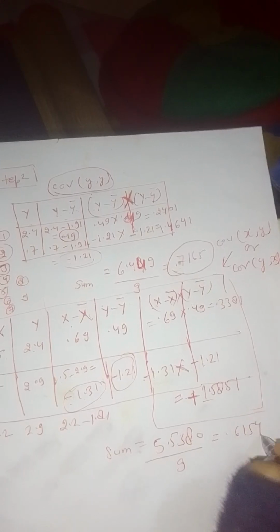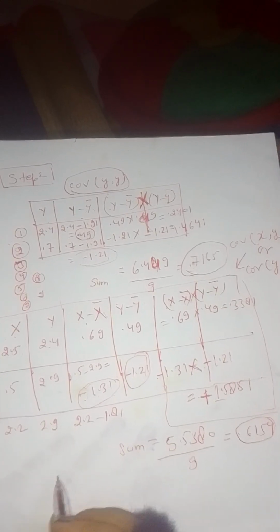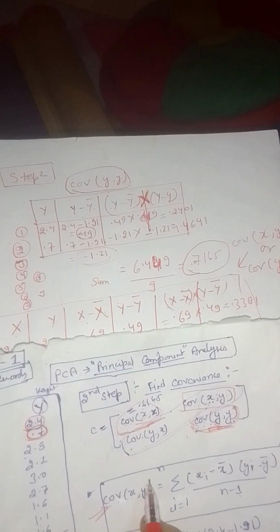So it would come as 0.6154. So again the value has come here, 0.6154. Now we'll apply the covariance formula, this particular formula here. According to the covariance formula,